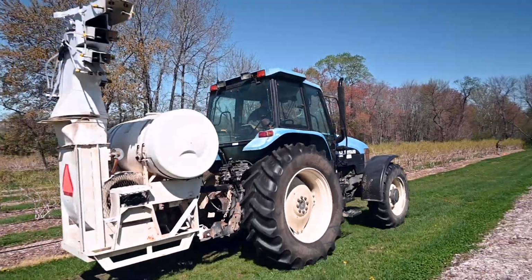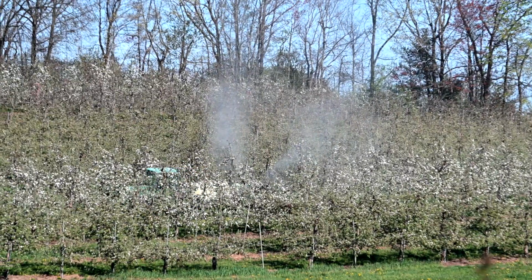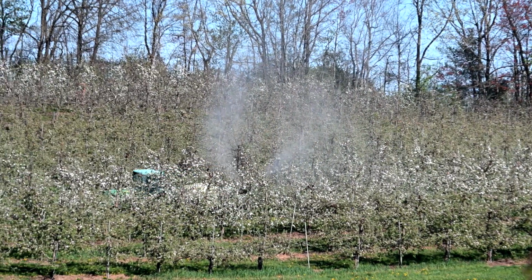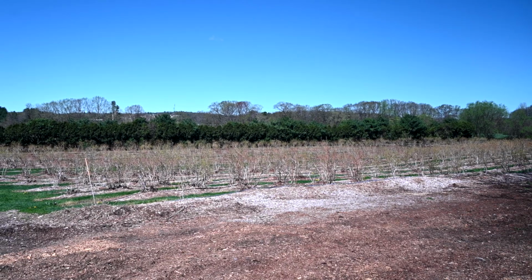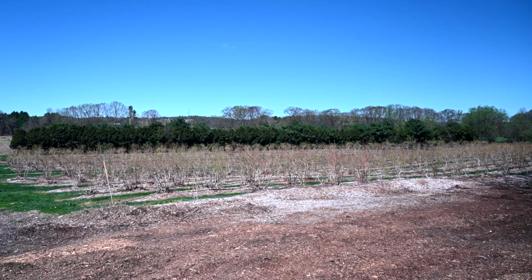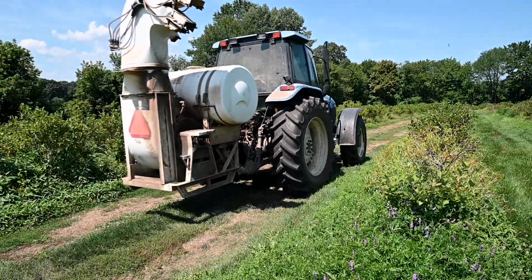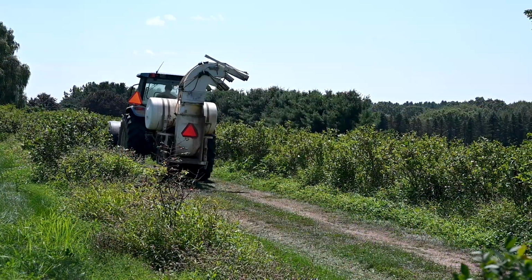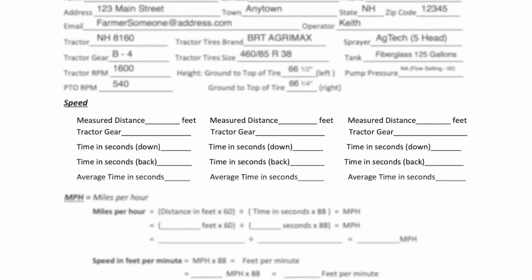Next, we need to determine the speed at which the tractor is traveling. Because the calculations are based on a sample-sized plot of your fields, you'll be traveling a measured course, preferably a level, straight stretch, with conditions similar to the fields targeted for spraying. Knowing that the further distance you travel, the more accurate your measurement will be, it is recommended to travel a course of at least 200 feet in length. For this test, the distance is measured at 264 feet.